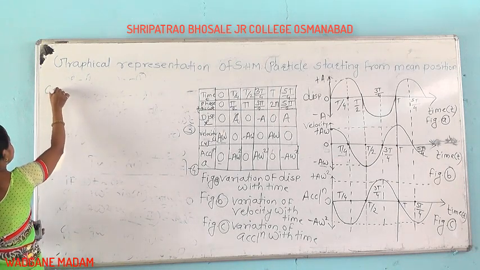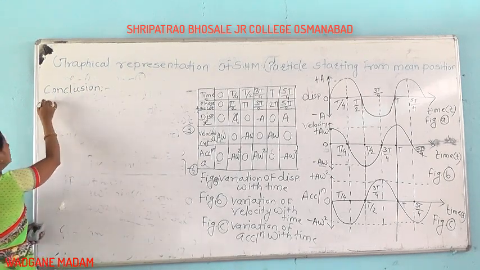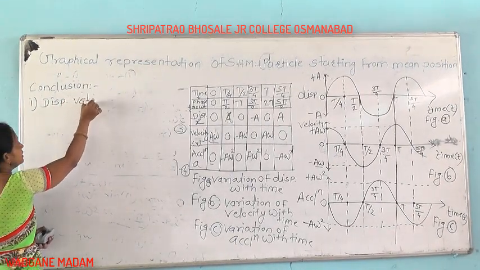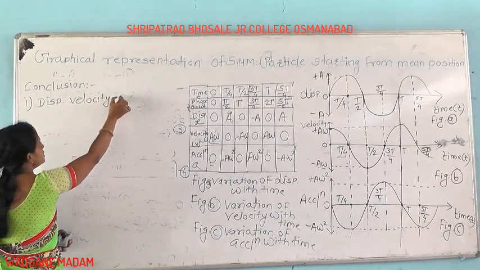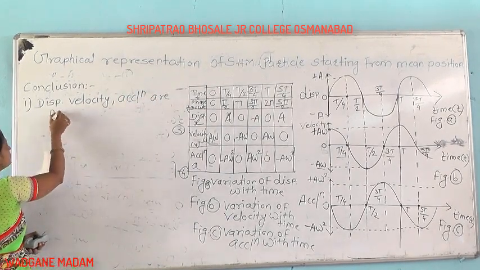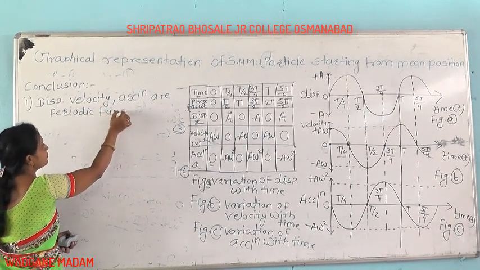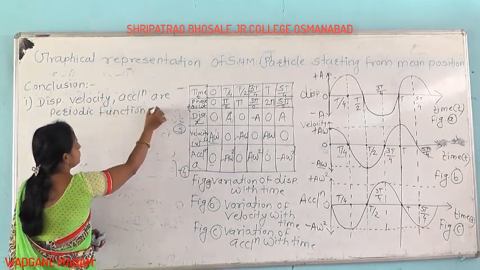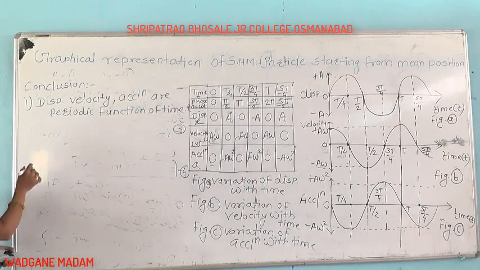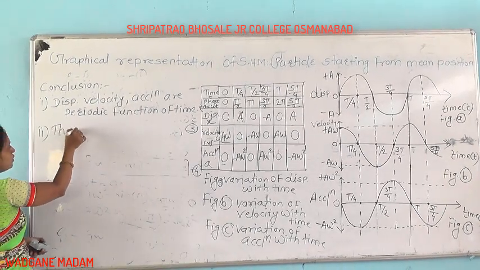First conclusion is displacement, velocity and acceleration are periodic functions of time. These are periodic functions of time. They vary with respect to time, as we can see according to the figure. This is the first conclusion. After that, there is a phase difference of